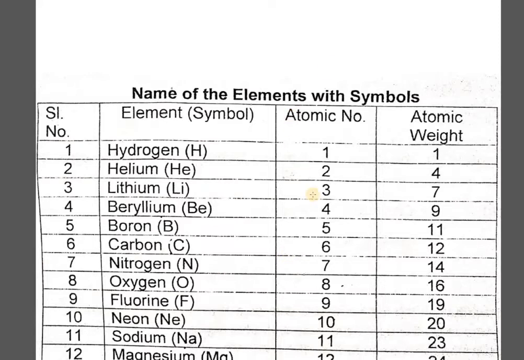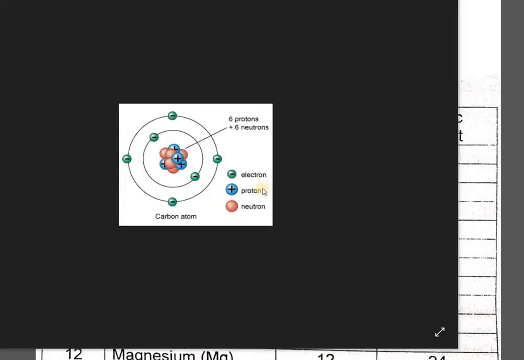Now children, an atom basically consists of 3 subatomic particles. Let me show you a picture where you can understand this. Here you can see the structure of an atom, and this structure is of a carbon atom. If you go through the table provided, you will find that the atomic number of carbon is 6. Accordingly, there are 3 subatomic particles in an atom. The very first is the electron, the second is the proton, and the last is the neutron.